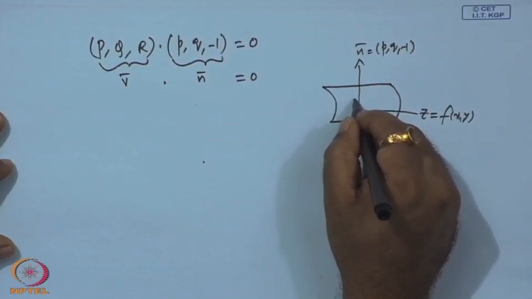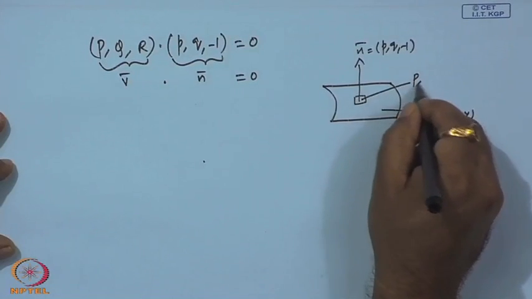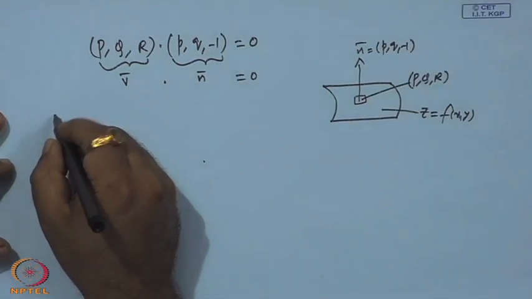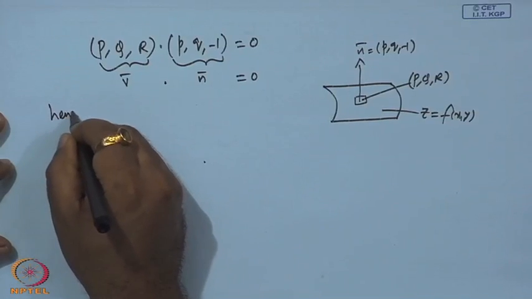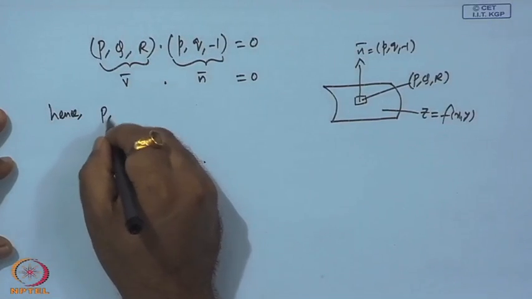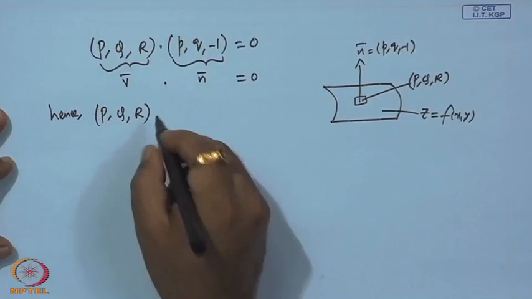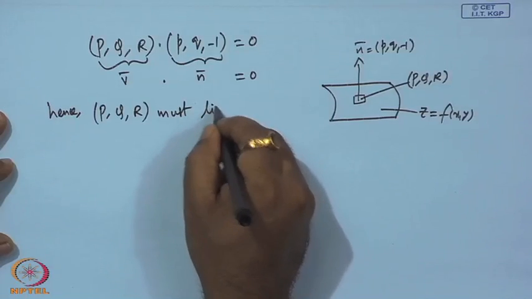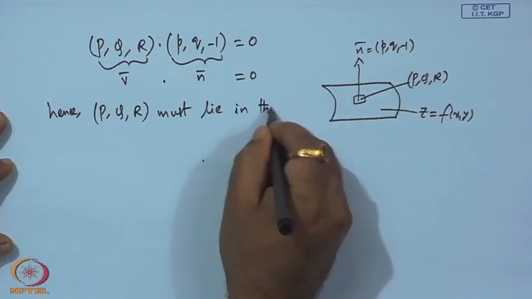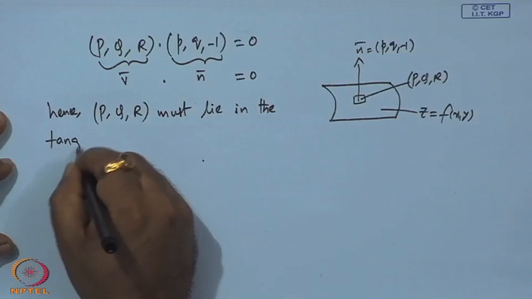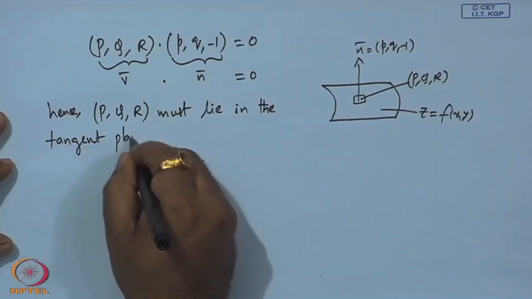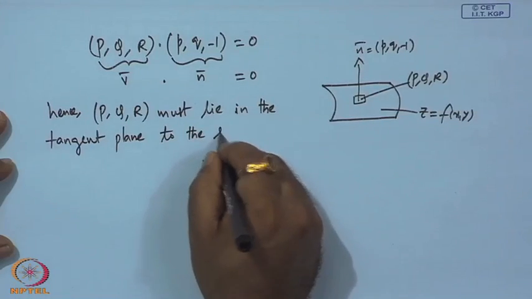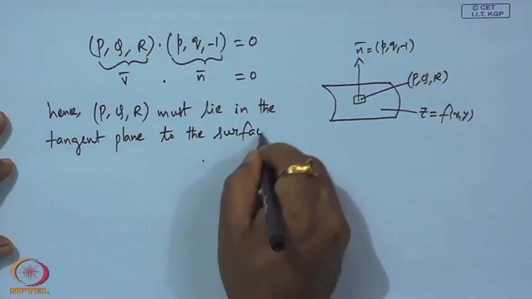So, therefore, p q r must be in the tangent plane. So, what is our inference? Hence, p q r must lie in the tangent plane to the surface,